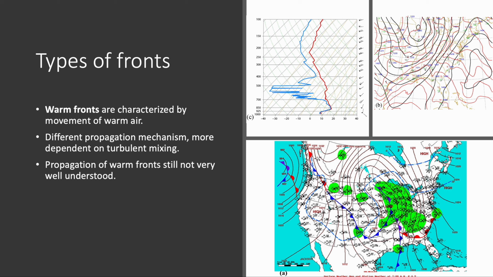It's not so much the lifting of the air like cold fronts might do, but the fact that they cause mixing of the air aloft with air at lower altitudes, and this might lead to condensation and precipitation. So typically, these are characterized by light precip. Unlikely that these would be characterized by